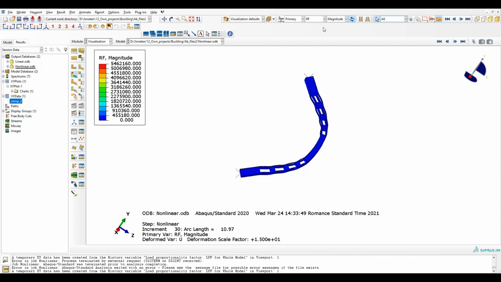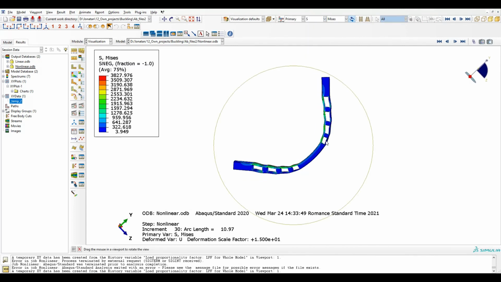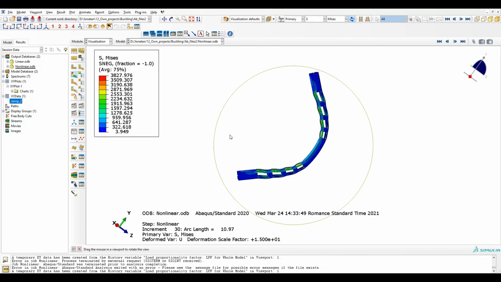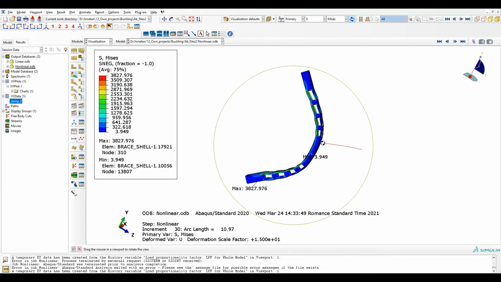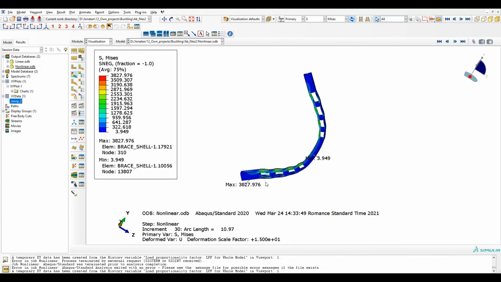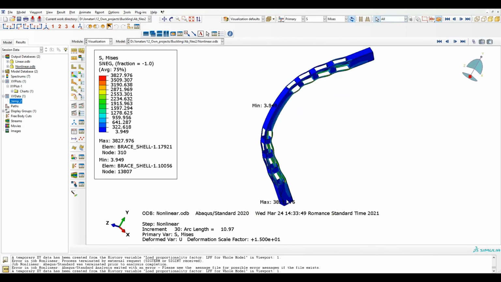So let's check the von Mises stress. It will be very high. Let's check where the location is. So the maximum stress will be here.